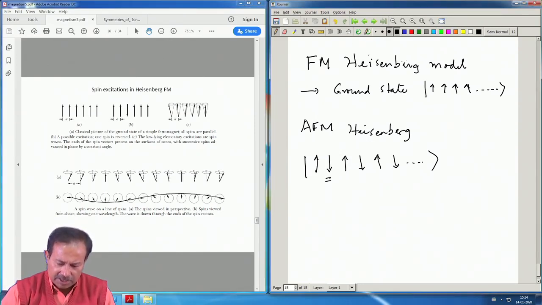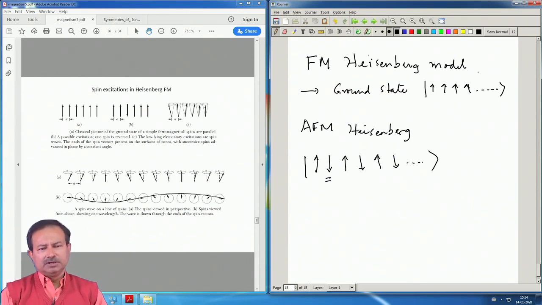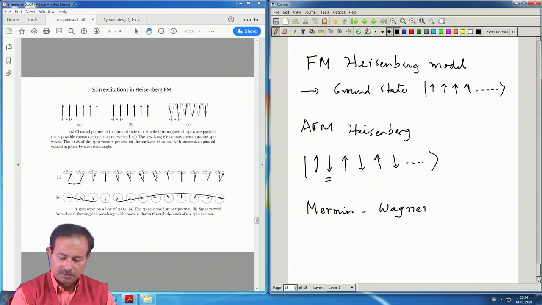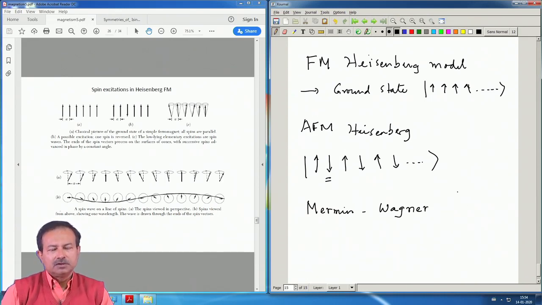The reason for that is that there are very important theorems that tell us in which dimension, with what kind of spin component, how many components of spin, you can have a spontaneous magnetization or not. A famous theorem that tells us all this is due to Mermin and Wagner, and this Mermin-Wagner theorem tells you that if you have your order parameter, which is say magnetization in this case, or staggered magnetization for antiferromagnets,